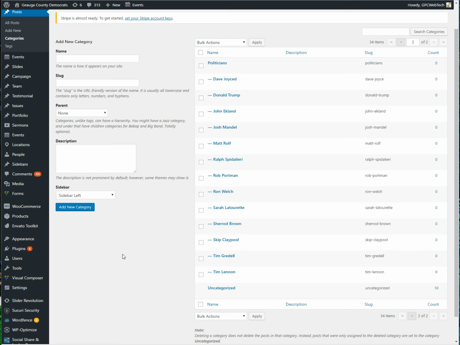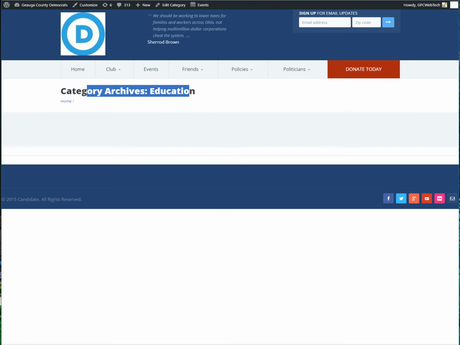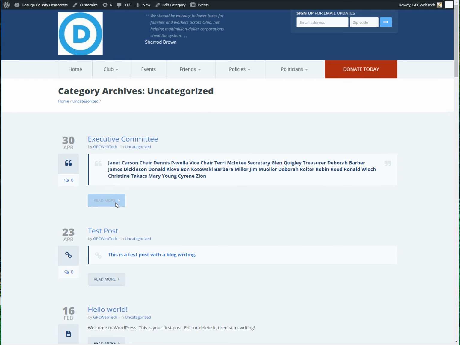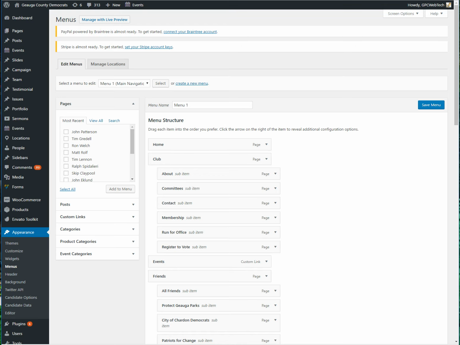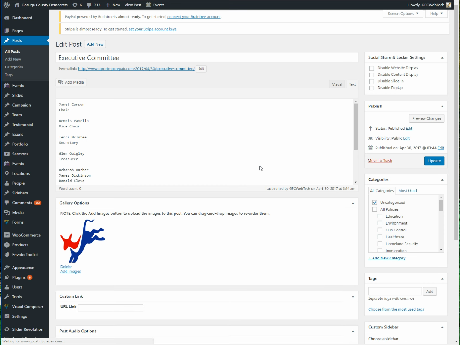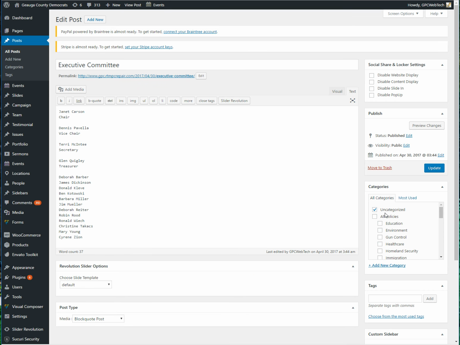To have stuff expire from the home page after 2 days, and then go to both the environment and the Donald Trump page. So whenever you're making a post, you can put it in as many categories as you want. Let's go over that. So if you edit the post, you can put it literally in any category that you want. So if you wanted to put it in environment and Donald Trump, people would be able to find it under both of those sections